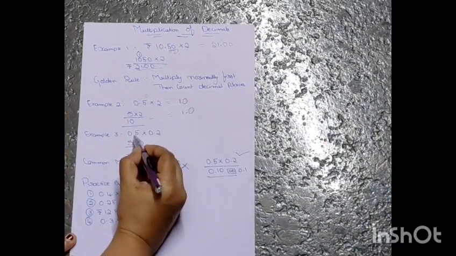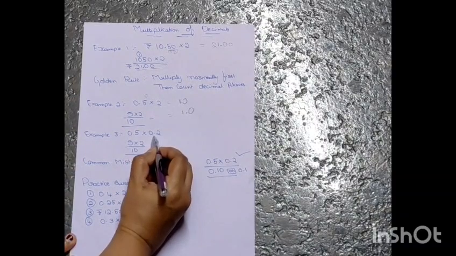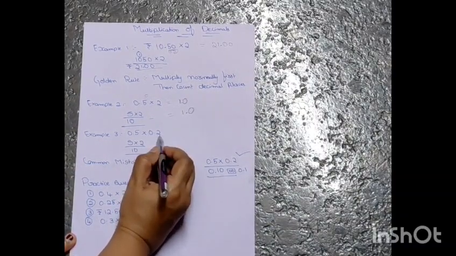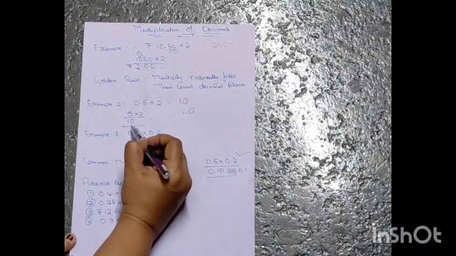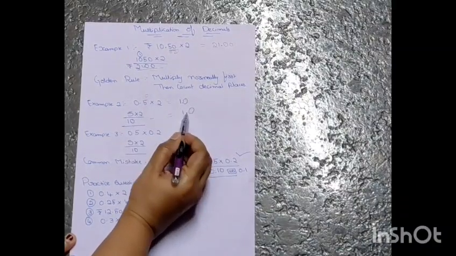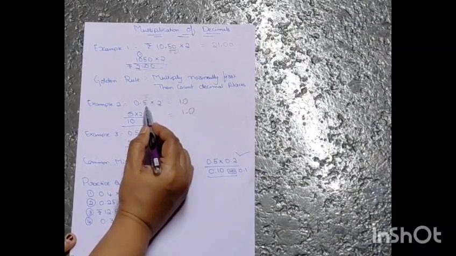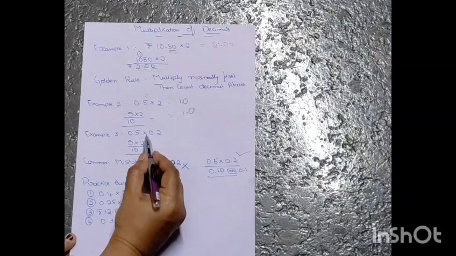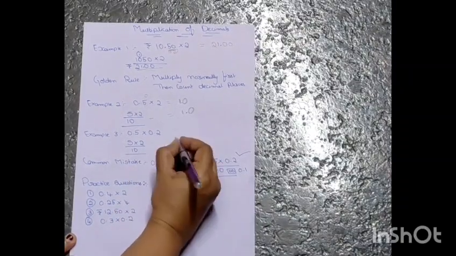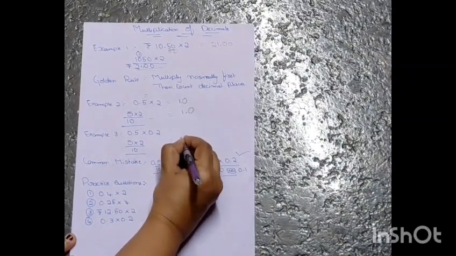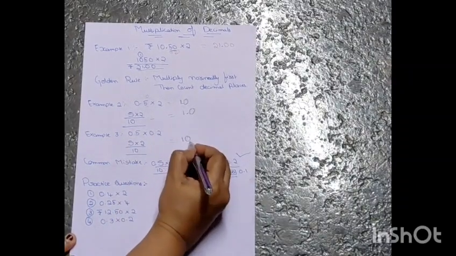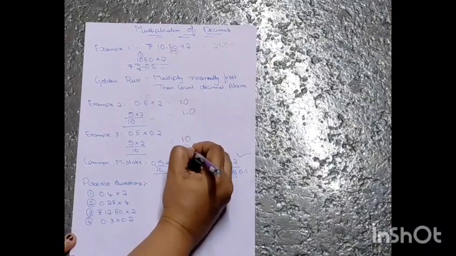We have 0.5 into 0.2. Now, this is where many students will get confused, because here we have done 10 here. Correct. 1.0 we got. Why? We have only one digit after the decimal point. But here we have 0.5 into 0.2. The answer will be 10, the same answer. But for this answer, 10 will be incorrect.